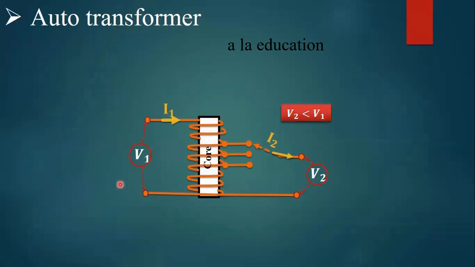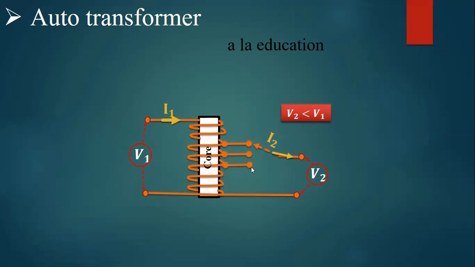This is how auto transformer looks like. Auto transformer is also more or less similar to 2-winding transformer, but here we have only 1 winding and there are tappings on the winding of the transformer. So these straight lines indicates tapping. So by connecting this arrow mark to the first one, I will get some voltage. And if I connect this arrow mark to the middle one, then I will get different voltage. And if I connect this arrow mark to the lower one, then I will get different voltage.